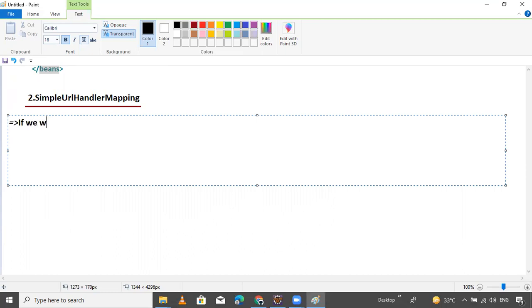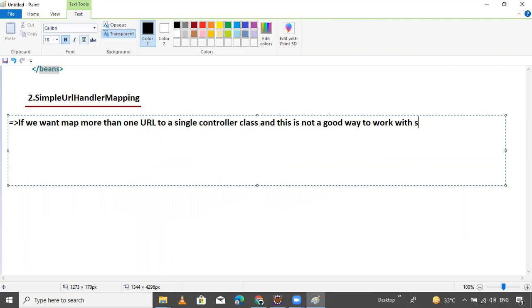So if we want to map more than one URL to a single controller class, this is not a good way to work with Spring dependency injection.